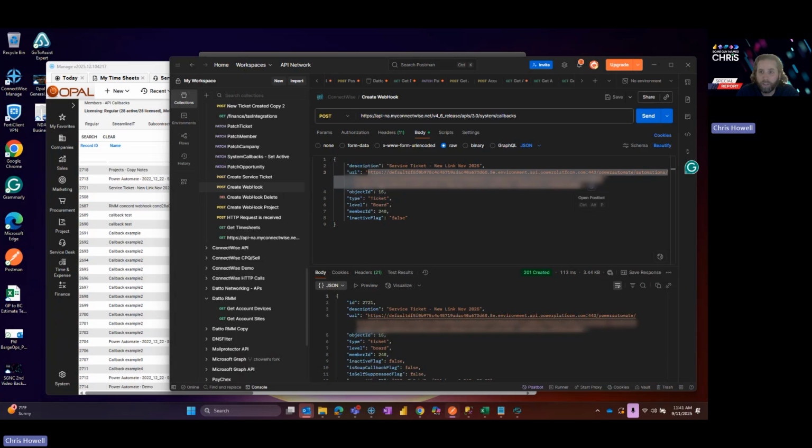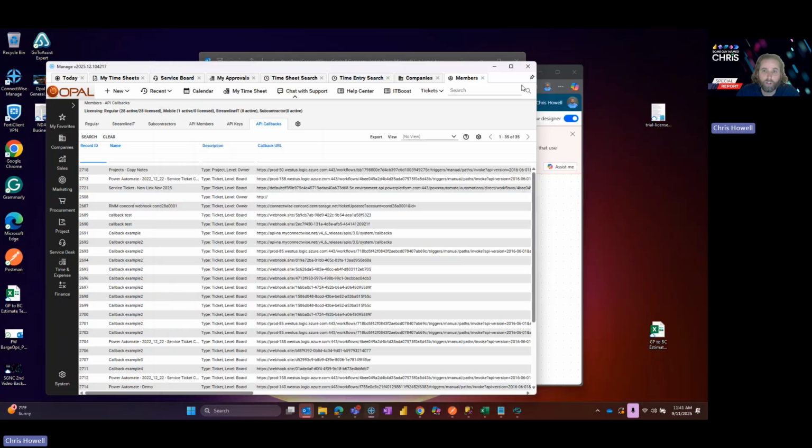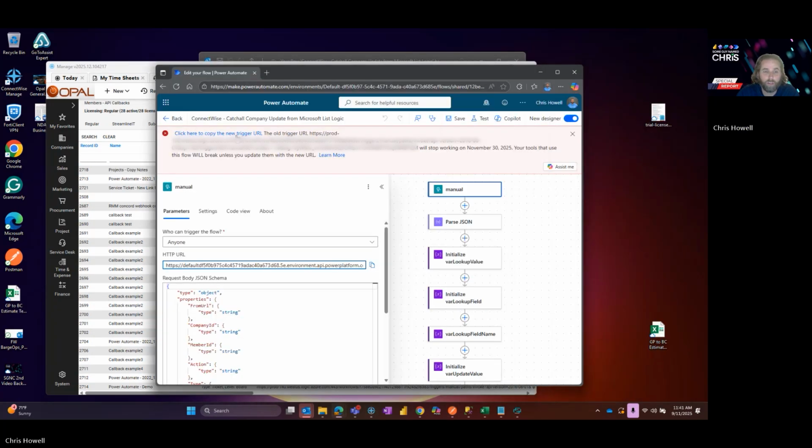But once you have this string in, your Power Automate will start working. It's going to work. And if you read the documentation, both URLs work up until November 30th. So just realize that this is something that's coming up at the end of November. Make sure you change your URLs, and you can keep things